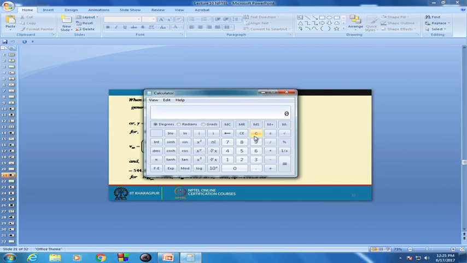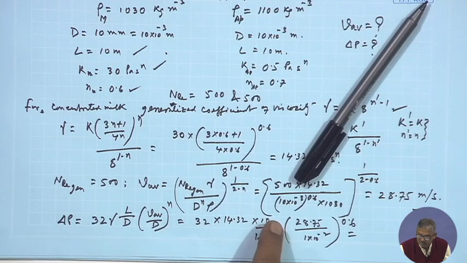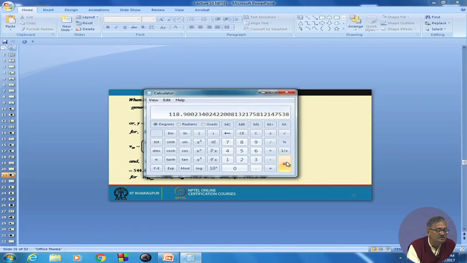The 28.75 divided by 10 to the minus 2, whole to the power 0.6, into 10 to the power 3, into 14.32, into 32,